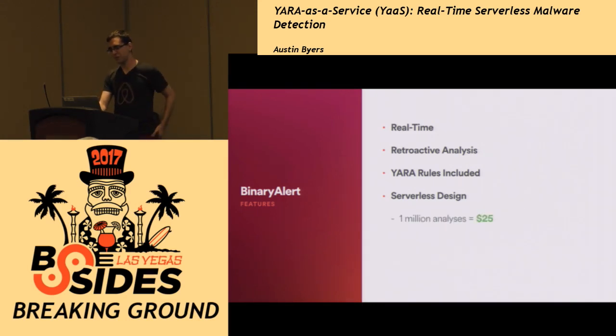To give you a sense for one of the benefits of that, the way Lambda pricing works in Amazon is you pay per invocation and you pay for how long it runs. And the benefit of that is that you only pay for what you use. So for example, 1 million invocations of the YARA analyzer with 512 megabytes of memory running for 30 seconds each, which is really long, only costs about $25. So you can imagine this is much lower cost than, say, an enterprise solution might be, or running a server where you would upload things to.